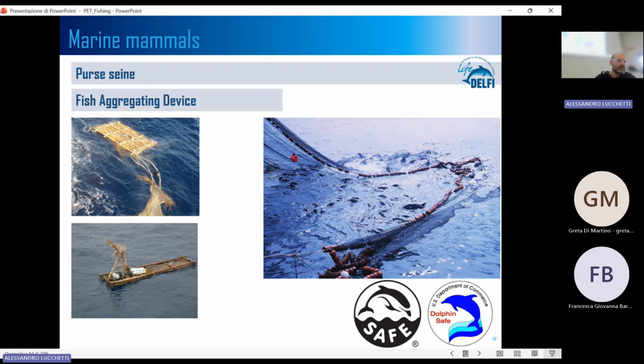The dolphin safe label. How can it impact how many fish a dolphin receives? Well, good question. I don't know exactly the number, but from the video and from the acoustic recording, we can guess that